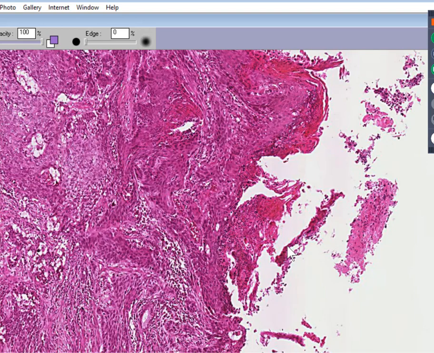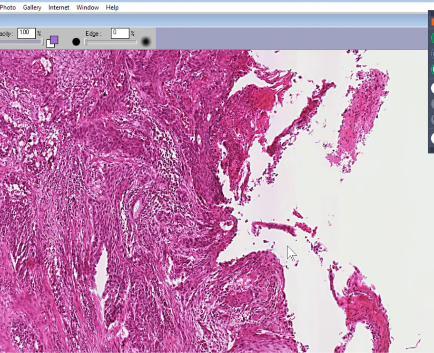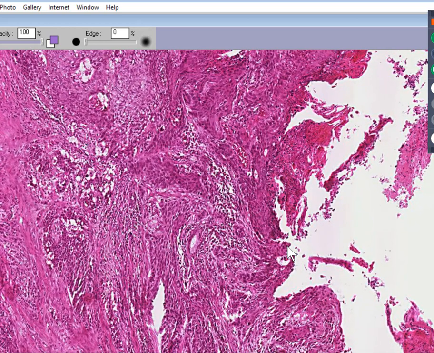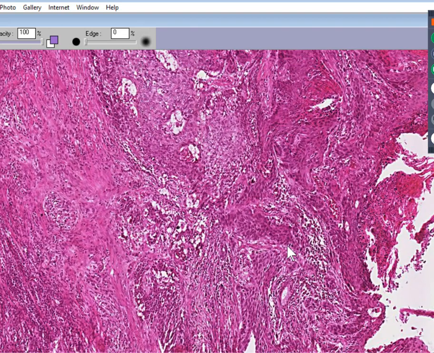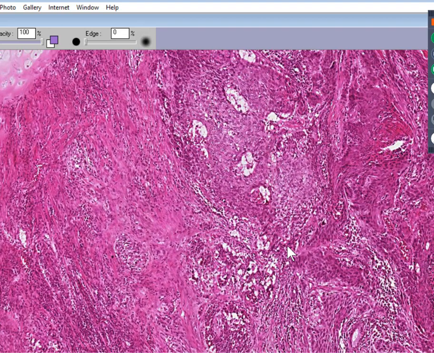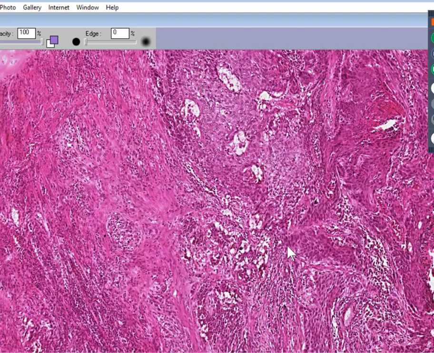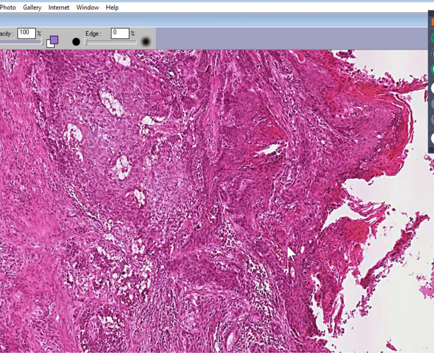And I'm going to ask you, what do you see? And if you don't know, I'll help to tell you what you're seeing. What you're seeing is hemorrhage in the bronchial mucosa. Perhaps I can convince you that this part here looks like squamous, but it also looks like the squamous areas are invading deeper into the submucosa connective tissue. So this is connective tissue here. These are squamous cells here, but these cells are